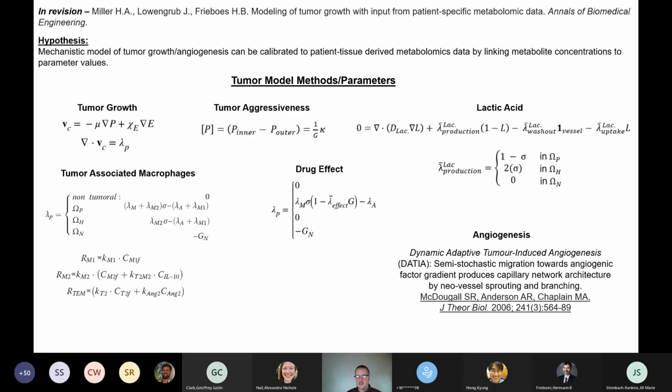We first established a baseline case which represents the average necrosis, hypoxia, and growth rate of the average lung cancer tumor. And then we established ranges for 7 different parameters, including the tumor proliferation constant, lactic acid production rate constant, which affects tumor aggressiveness,